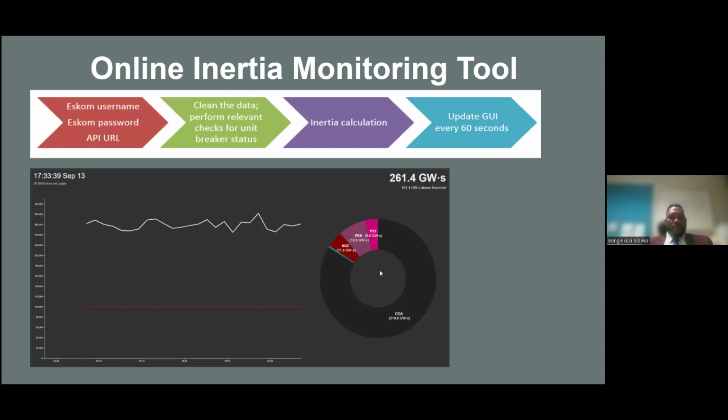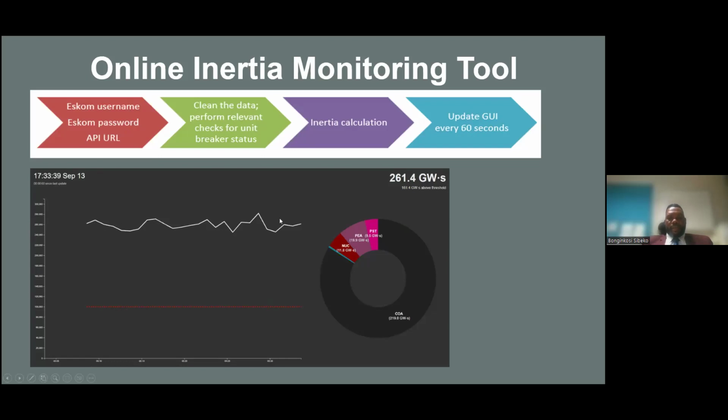So this is an example of the display that we can see. You put in the username and password, you clean the data, perform relevant checks for unit breaker status, and other things. You do your initial calculations and then update. For now, we can set it to 60 seconds, even 10 seconds. You can just choose it in the model. So this is just a screen showing, maybe if there's a critical level of inertia, and